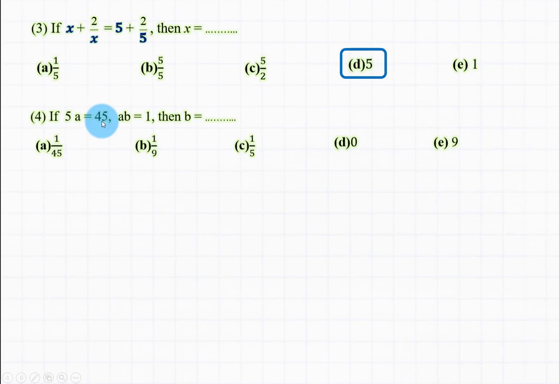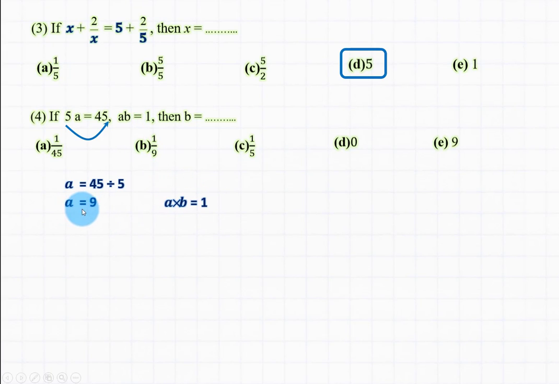If 5a equals 45 and ab equals 1, then the value of b equals what? Between 5 and a we have a multiplication sign. To find the value of a, 5 goes to the other side with division, then a equals 45 divided by 5, which equals 9. And between a and b we have times, then a times b equals 1,